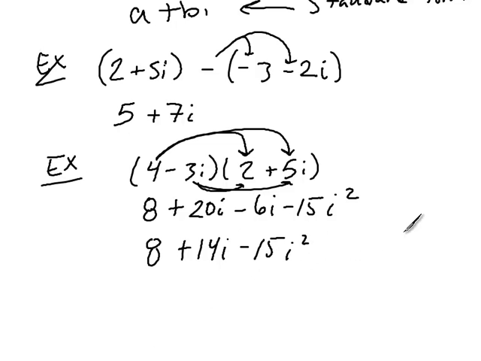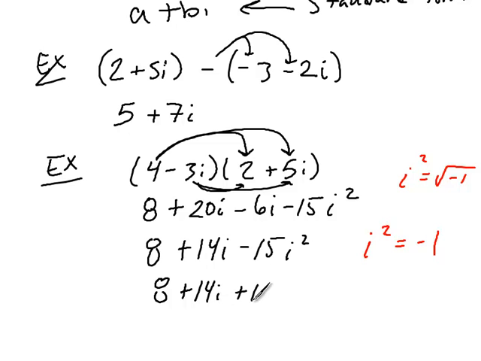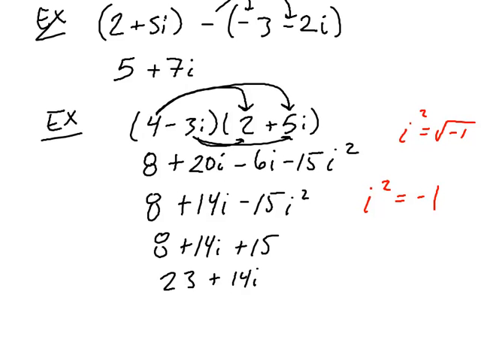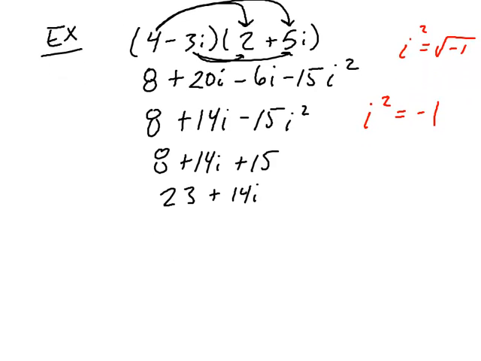And then recall that i squared equals -1, right? Since i is the square root of -1, if you square both sides, then you get i squared is -1. So this becomes 8 plus 14i plus 15, or 23 plus 14i. Anytime you have an i squared, you automatically want to substitute -1 for that. You should never have anything any higher power than a 1. You can have just an i left, but anything other than that you want to simplify further. Okay, so that is